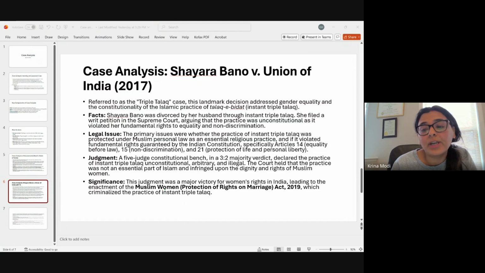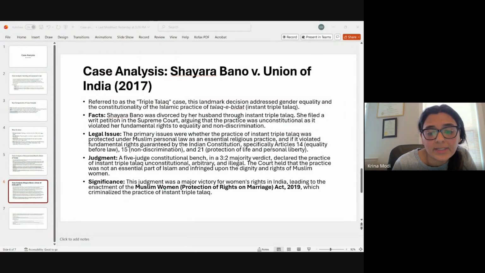So when I was reading this case, there were a lot of issues. The husband was abusing the wife. There were other marital issues as well. But the primary issue that she filed the writ petition was whether the practice of instant talaq was protected under Muslim personal law as an essential religious practice, and if it is violated